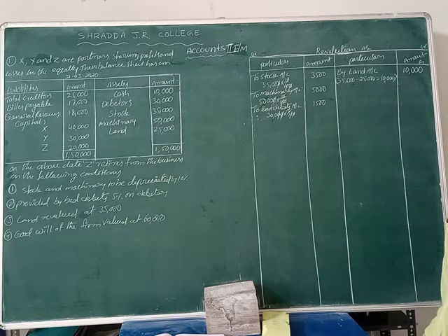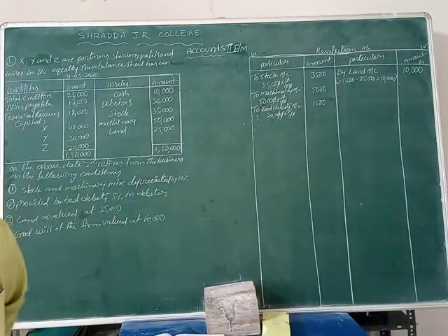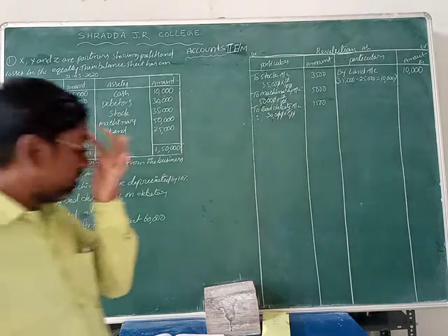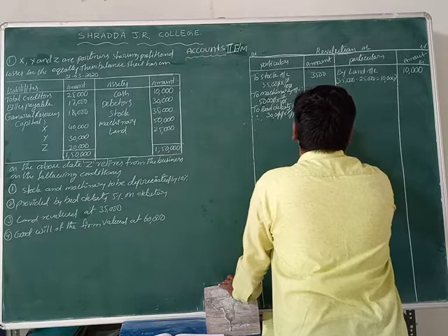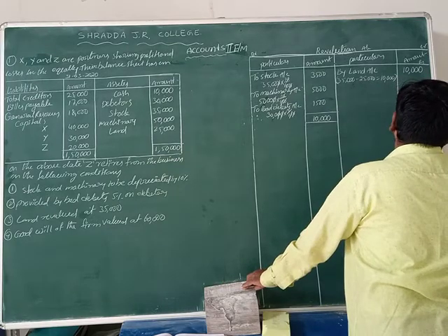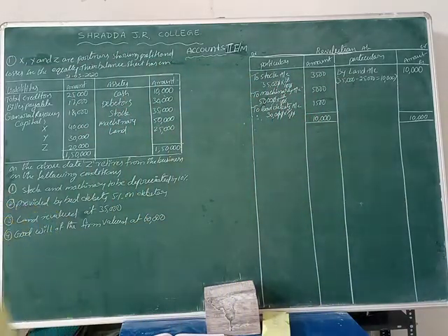Now we can make the revaluation profit or revaluation loss. So which side is the heavy balance? First of all, see, the credit side is 10,000 rupees and the debit side is also 10,000. Both sides are an equal amount. We cannot calculate the revaluation profit and loss because both sides are equal balance. That's why we cannot make the revaluation profit or loss. The total amount on the debit side is 10,000 rupees and the credit side is also 10,000 rupees, friends. So this is the revaluation account.